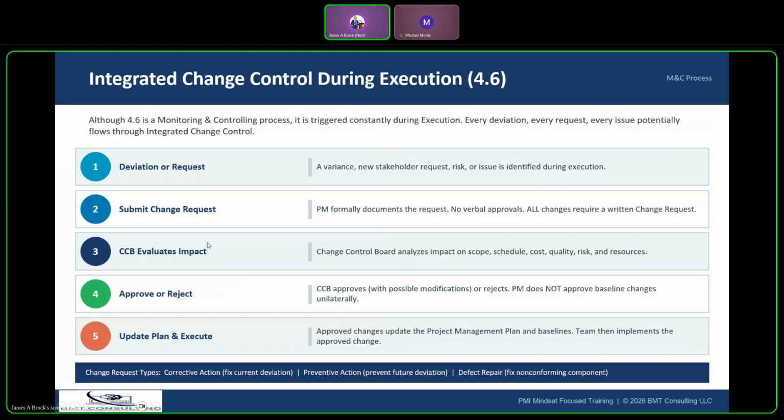So this process that you see right here is the process for integrated change control to a T that PMI expects you to know on this exam. So the first thing, there's going to be something that triggers the change, right? Then your job is to submit the change request. The CCB is going to evaluate the impact. They're going to approve or reject it. And depending on if they decide to approve it, you then have to update not just the project management plan, but you have to update all the subsidiary plans that are within the project management plan that the change may affect,